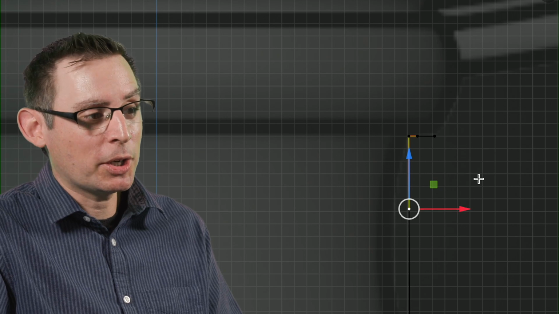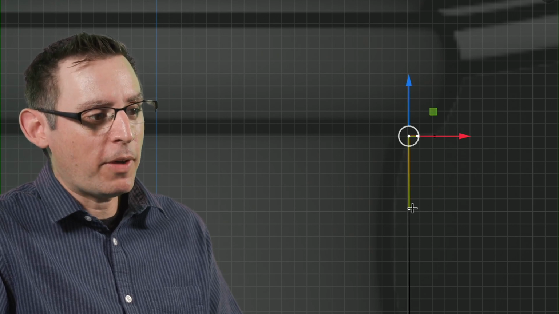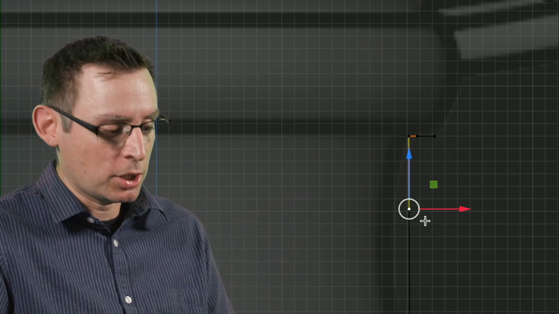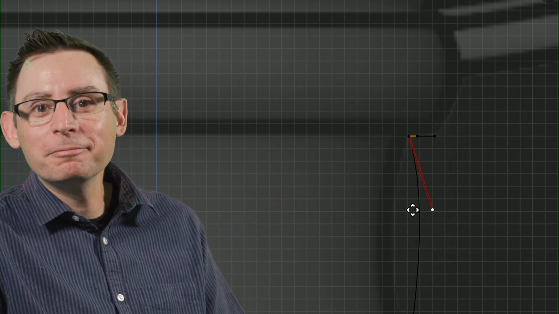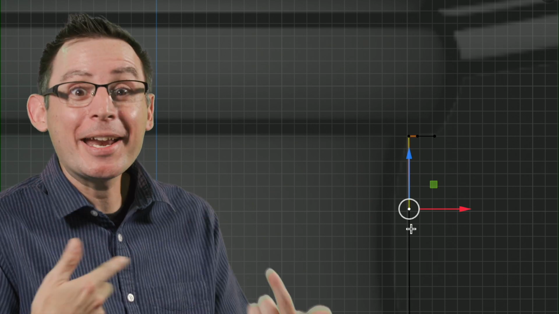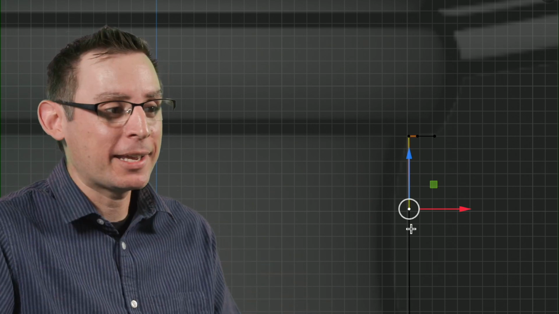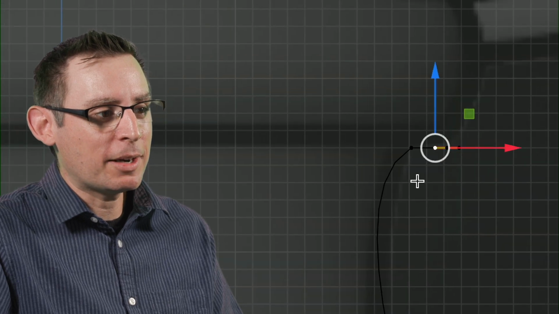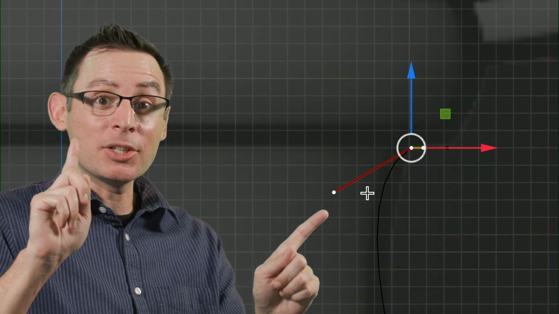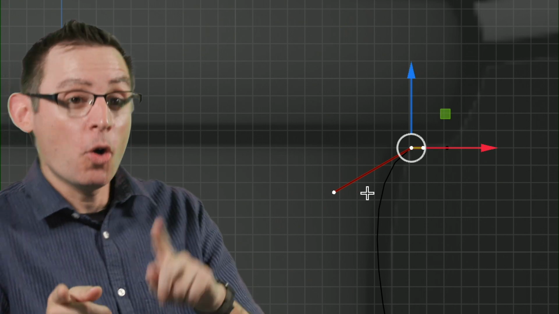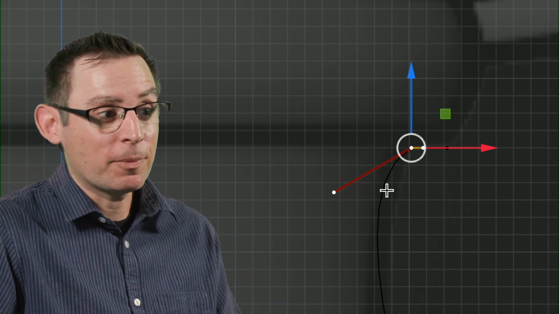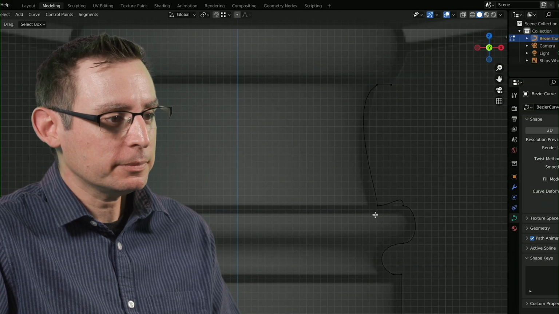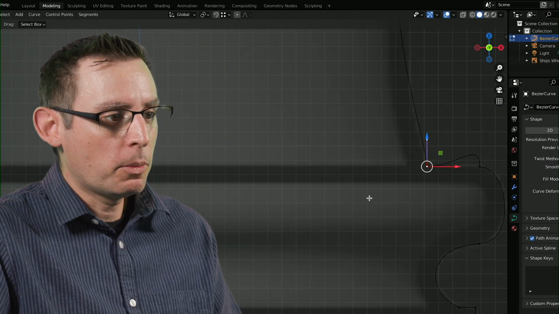Here's the cool thing. I didn't mention this earlier, but the neat thing about working with the vector handles is that it gets all the tangent handles pointed in the right direction, but that doesn't mean you can't go in and move them, which is pretty cool. It automatically changes the handle type back to free. And one of the cool things about working inside Blender is that each handle can have its own handle type. One side can be free, one side can be vector, which allows us to create some wonderful straight lines as you see there.